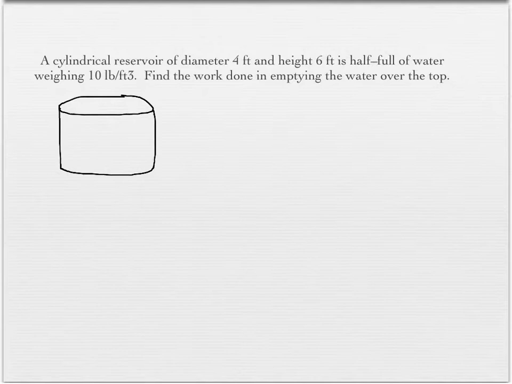So it does have some water in it. It's filled up half full, it says. And so I'm going to try to label some of these key things. I know this is 6 feet tall, from there to there, 6 feet. I know that the radius of this water, if I try to draw that in, is going to be 2, diameter 4 feet, radius 2. And something else that we'll really try to consider here, and this will be quite important later on,